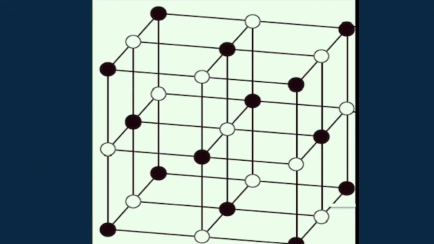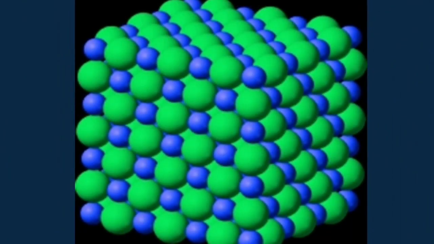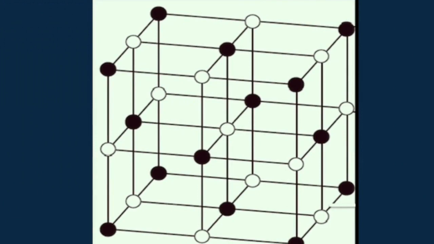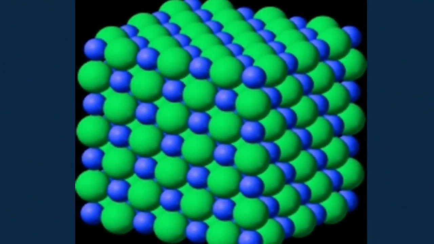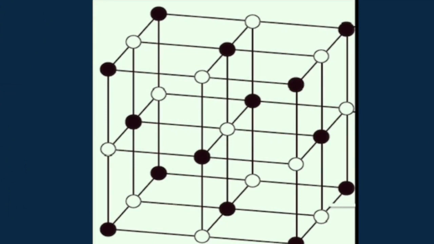This is a 3-dimensional arrangement, as you can see. If this 3D arrangement of constituent particles in a crystal is represented diagrammatically, like how we draw it, in which each particle is depicted or considered as a point, then that arrangement is called a crystal lattice. So this type of arrangement is called a crystal lattice.